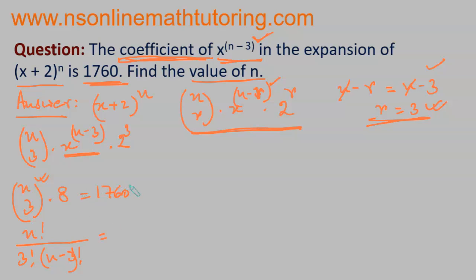And this can be taken to this side, or I can say that I am dividing both sides by 8. So it is 1760 over 8, and this is 220. Okay. So let me come over here, and n factorial over n minus 3 factorial. How do we simplify? N factorial is the larger one, so I'll be writing this as,